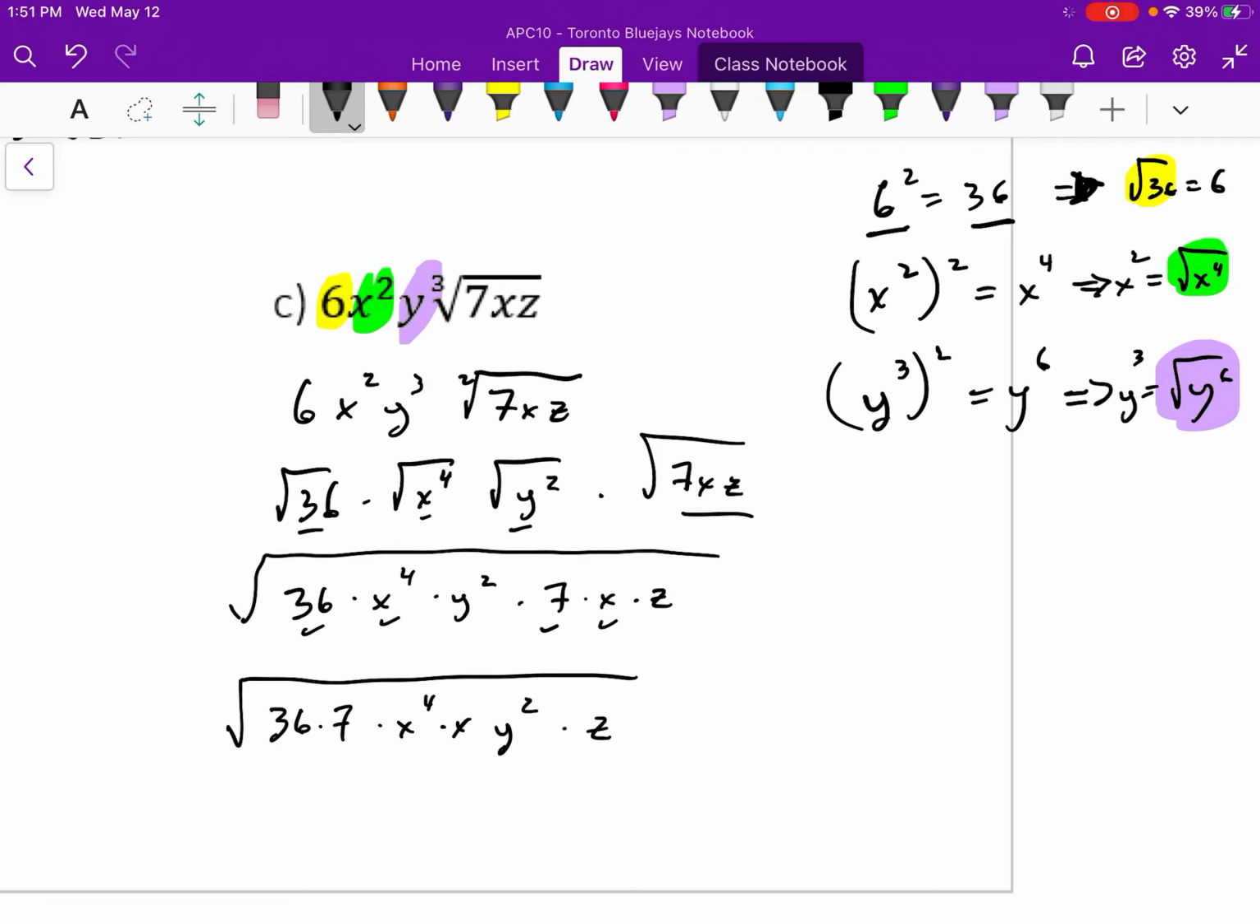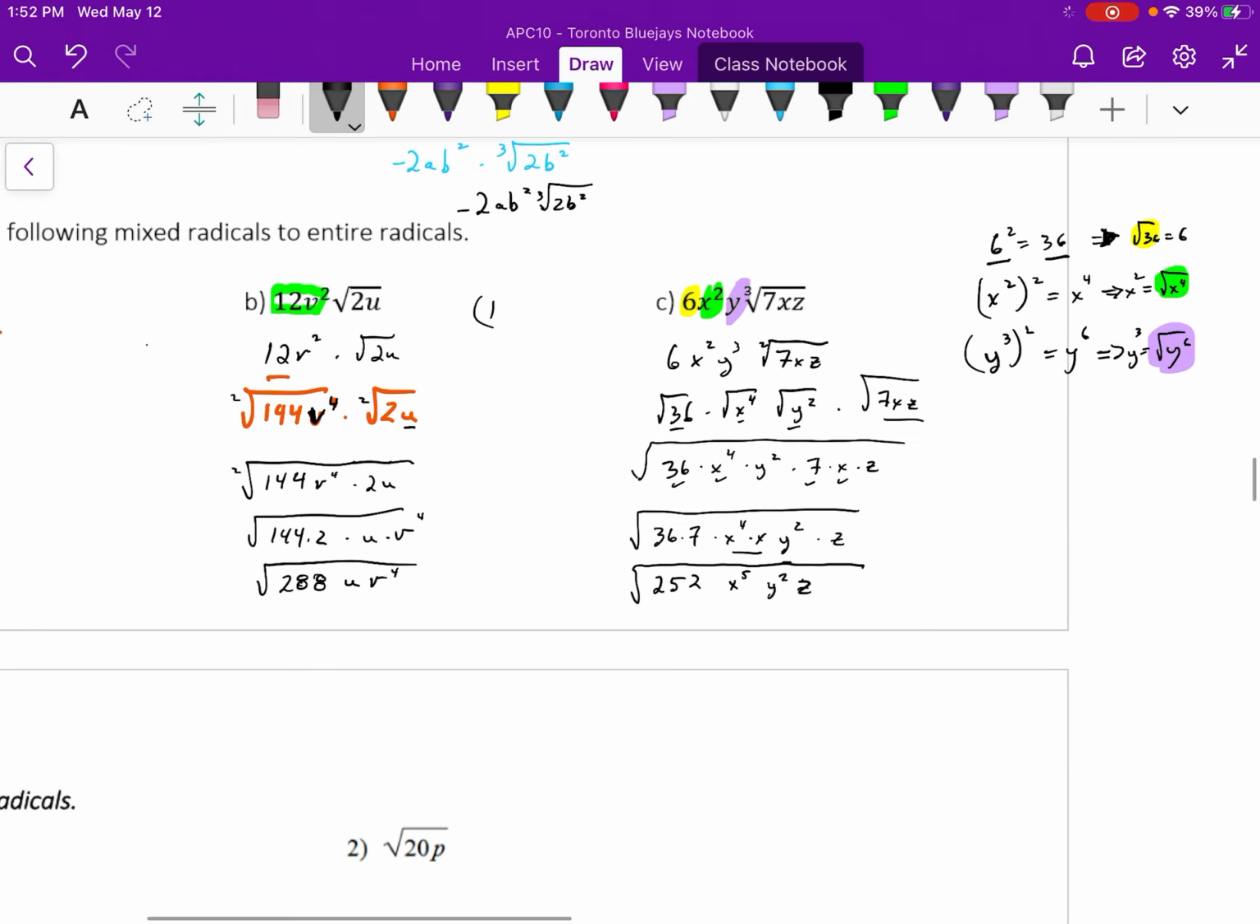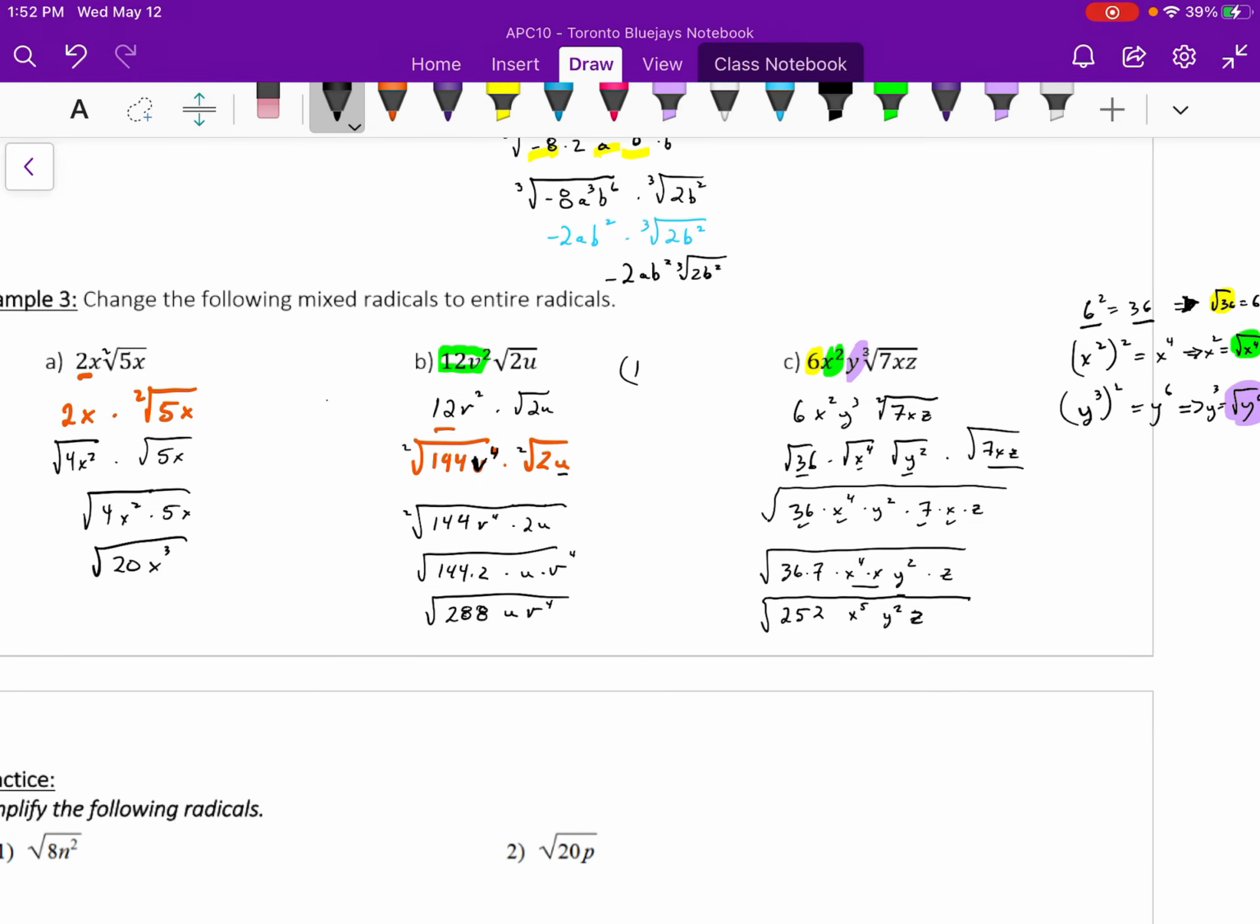Now 36 times 7, I don't know what that is. And that's 252, x to the power of 5, y squared remains as it is, times z. And there we have it. I just simply multiplied and consolidated all the exponents. I wish you all the luck. This is a little bit heavy, and if you